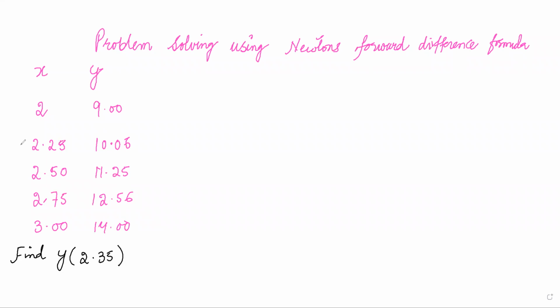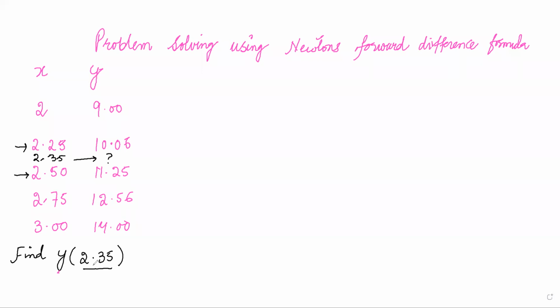See, we are given x is equal to 2.50. Then we have to find the value of y at x is equal to 2.35. 2.35 lies here. So what is the corresponding value of y? We are given the values of x and the corresponding values of y. So first and foremost, now we have to find the value of y when x